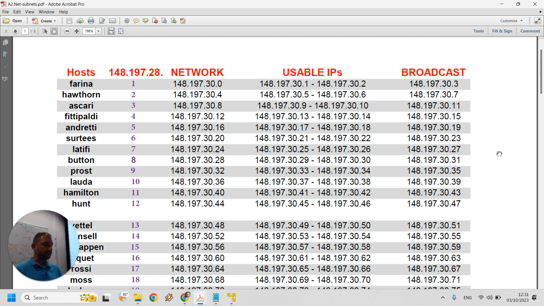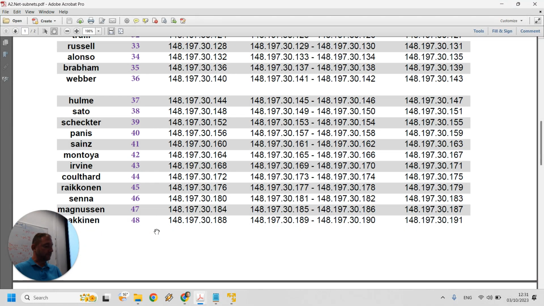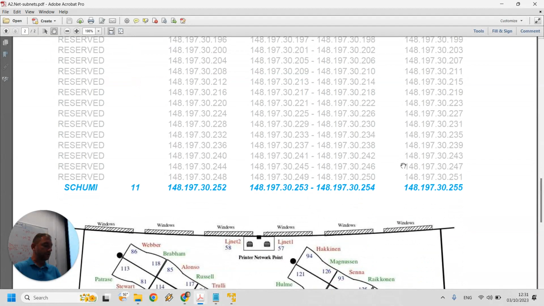So the way to do this is we've taken a class C network, whether it will be 148.197.30.0 or 31.0 or 32.0, and we split it into as many slices as we need in order to accommodate all of the computers in the lab. So in the lab we have 48 computers, starting from 1 and going all the way up to 48. All right. So in order to split the default class C network that starts from 30.0 and goes all the way to 30.255,